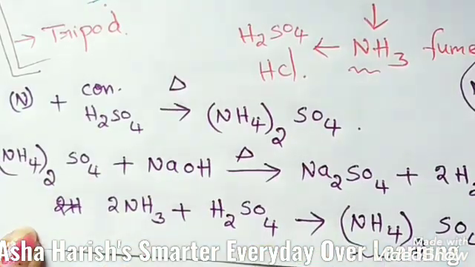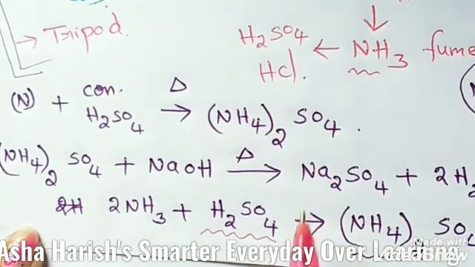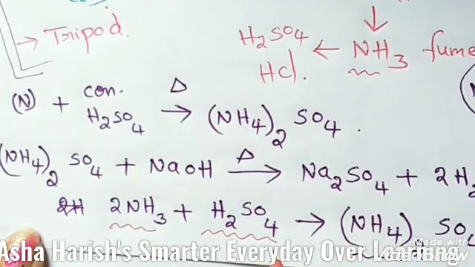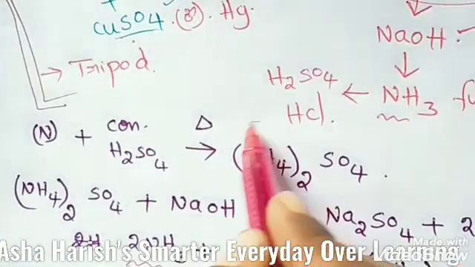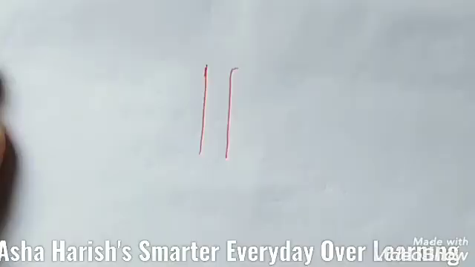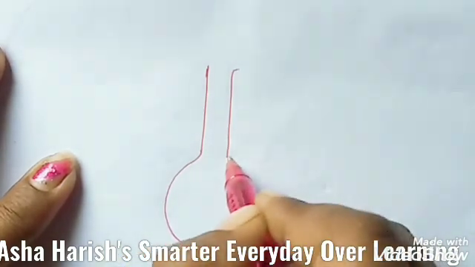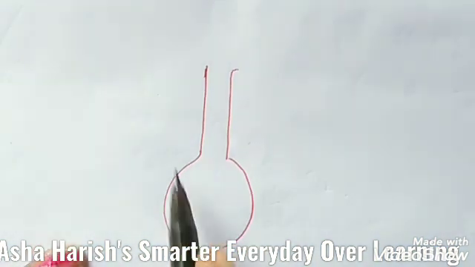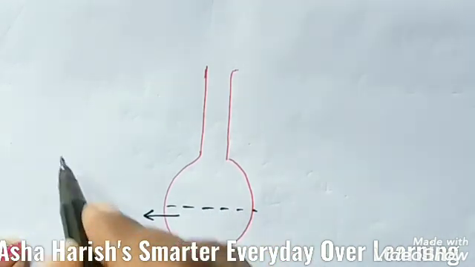From this, the volume of the acid, nothing but H2SO4, that is used up, or the volume of ammonia evolved, these two we have to calculate. Now students, the formed Na2SO4, how we can treat it with this H2SO4, diagrammatically, let's see. For this we have to take one volumetric flask. Here is the volumetric flask, and in this volumetric flask you have to take what you have got here,